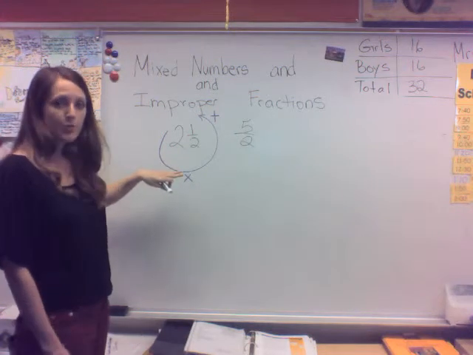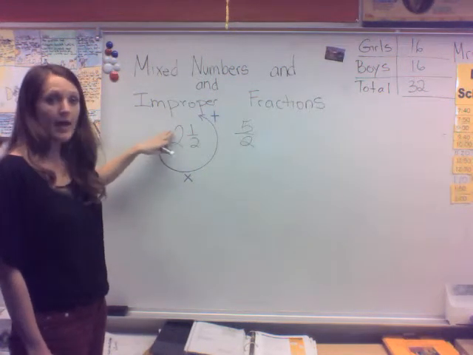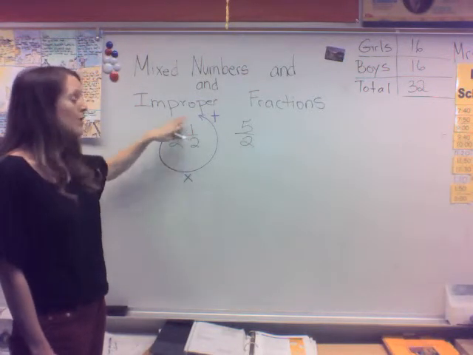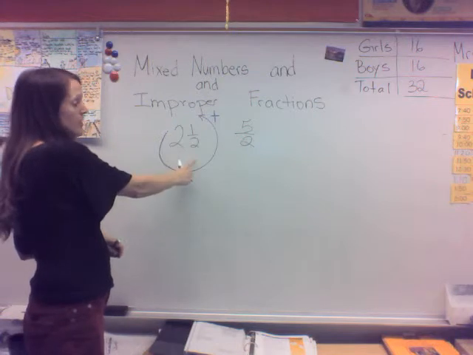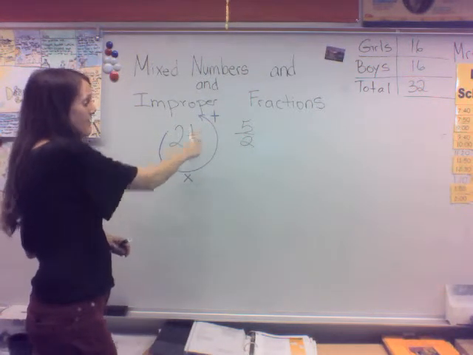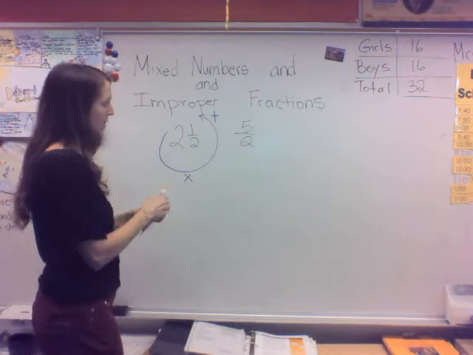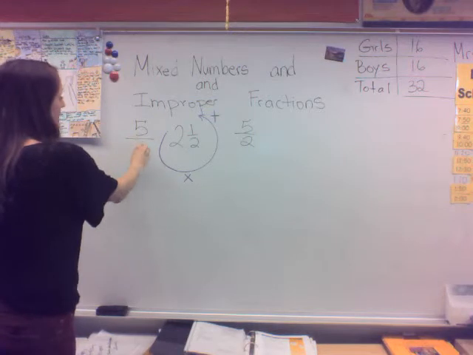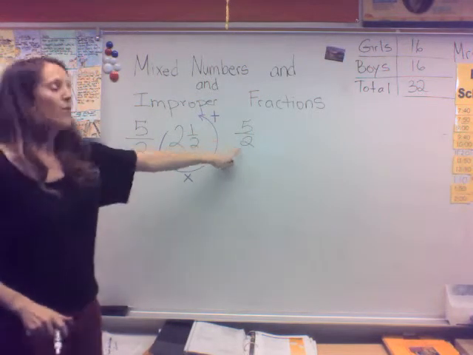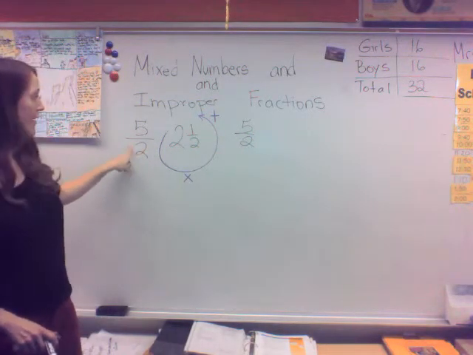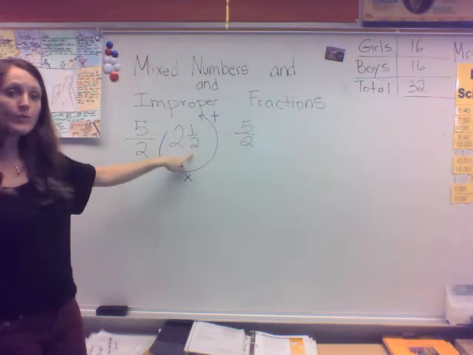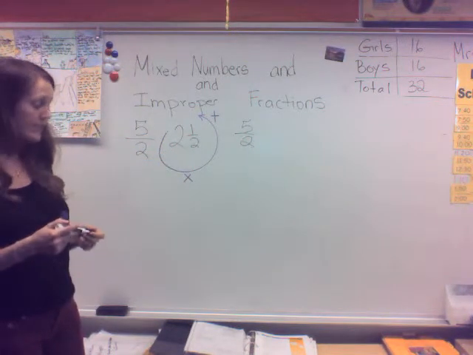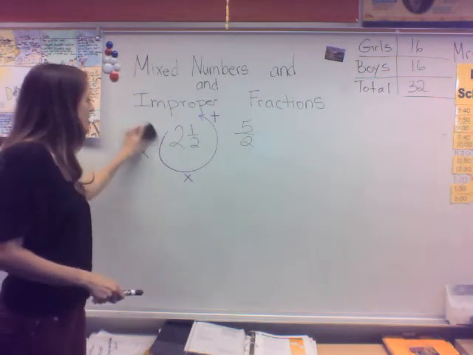But this helps students to remember that we multiply the whole number by the denominator, 2 times 2, and we add the numerator. 2 times 2 is 4, plus 1 is 5. That becomes our numerator, and our denominator stays the same. And we see we want 5 halves, we ended up with 5 halves. 2 times 2 is 4, plus 1 is 5, and our denominator stays the same. So let's practice just a few of those